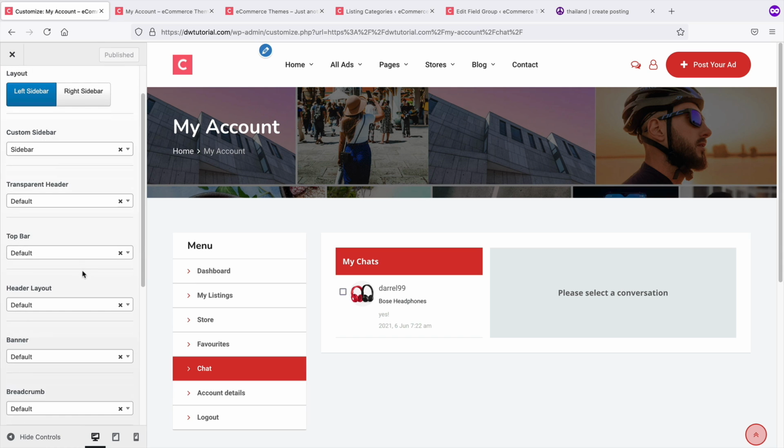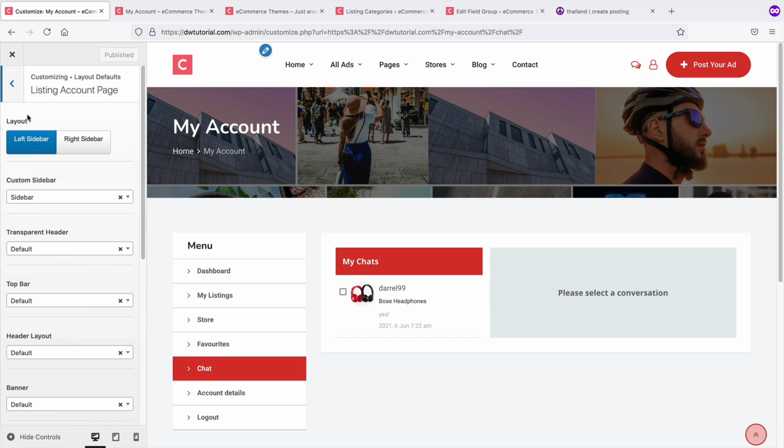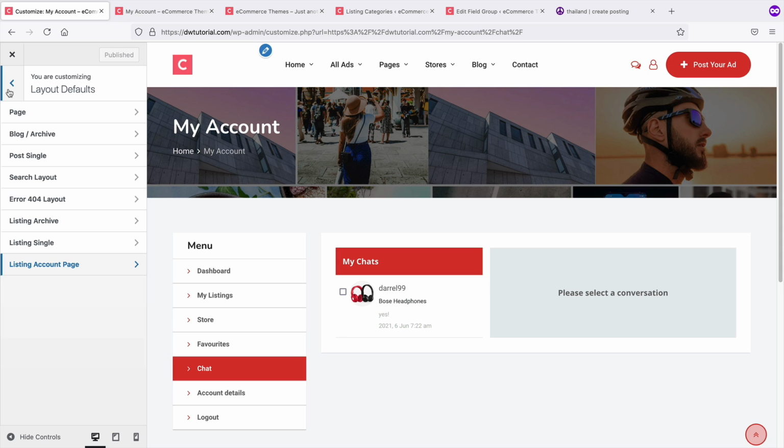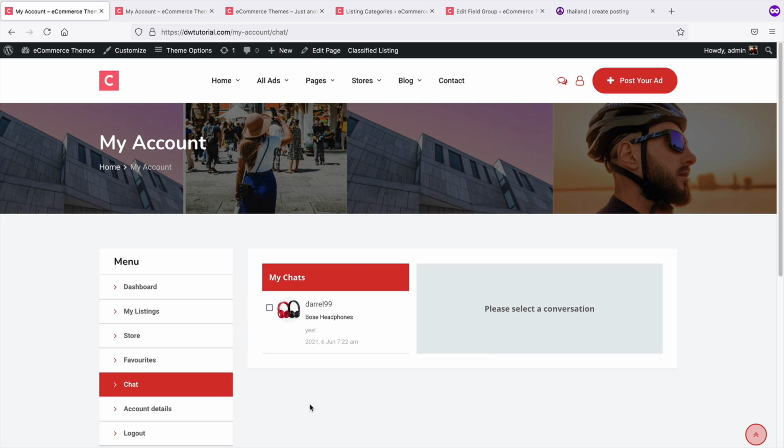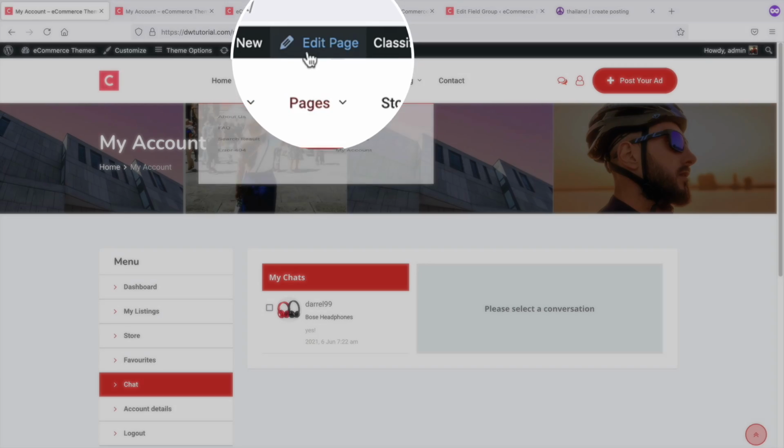And here you can customize things and design it and adjust it to your liking. So that's just how you can design that stuff and make it look how you want it to look. So this is the account page, right? Now, if you want further customization to this page, you can click on edit page right here, and